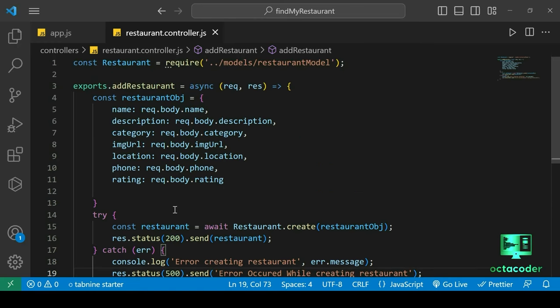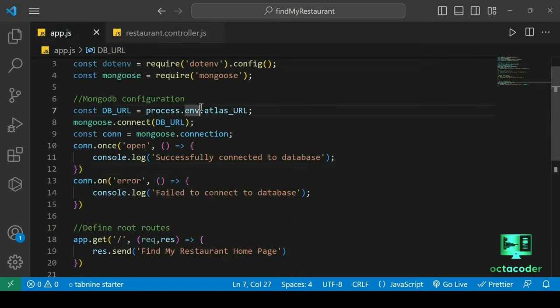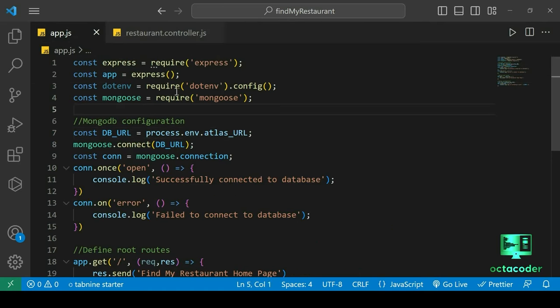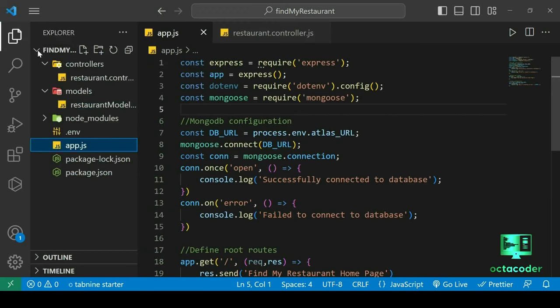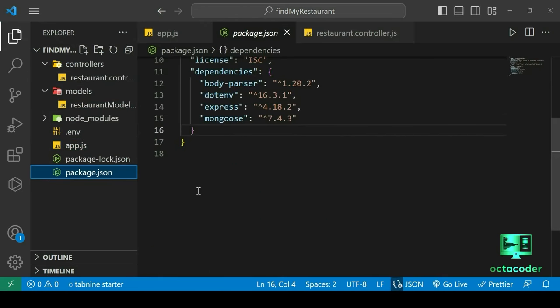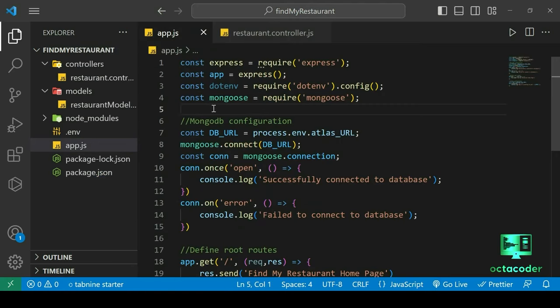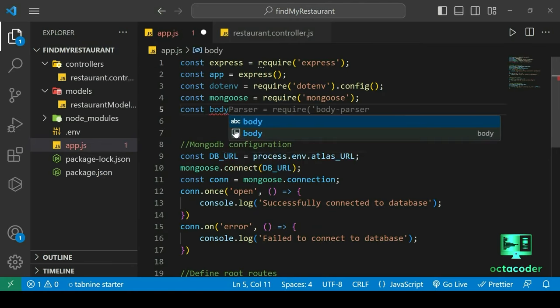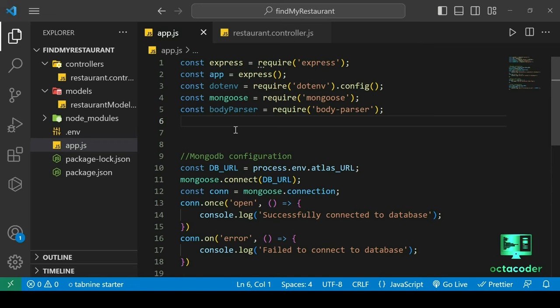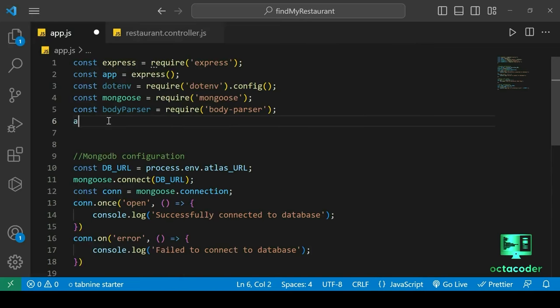Before that we need to import body-parser in the app.js file. If you remember, we already installed it in the beginning. Let's confirm that. Open our package.json file and here we have body-parser in dependencies. Okay, so let's import const bodyParser equal to require body-parser. And we'll use it as Express middleware. So app.use